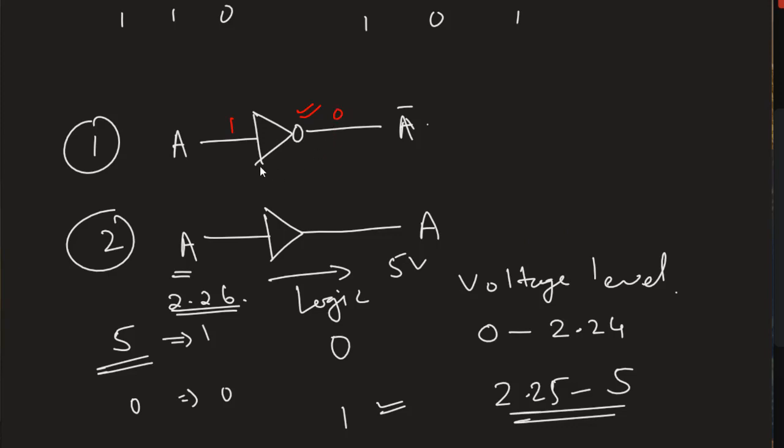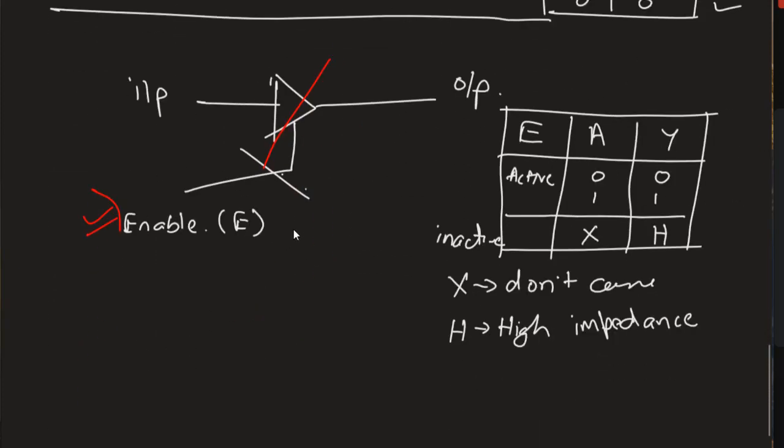And in this case, buffer, can you see there is no bubble? If there is no bubble, it means the negation is not going to work. That means if there is 1, it will be 1, and 0 will be 0. So that bubble actually plays a very important role here. If you observe this enable input, I have not shown a bubble connected anywhere. Of course the bubble can be represented here or here. There is no harm in representing the bubble here.